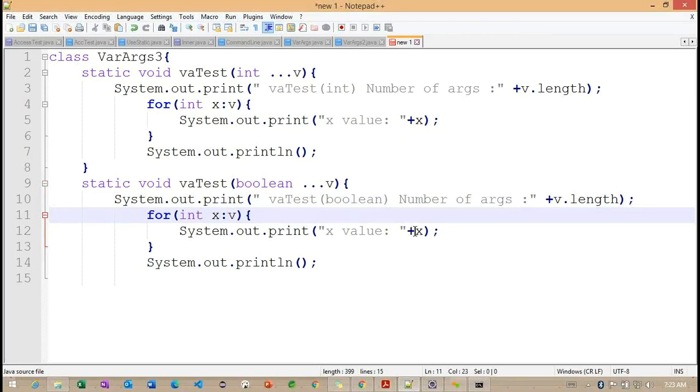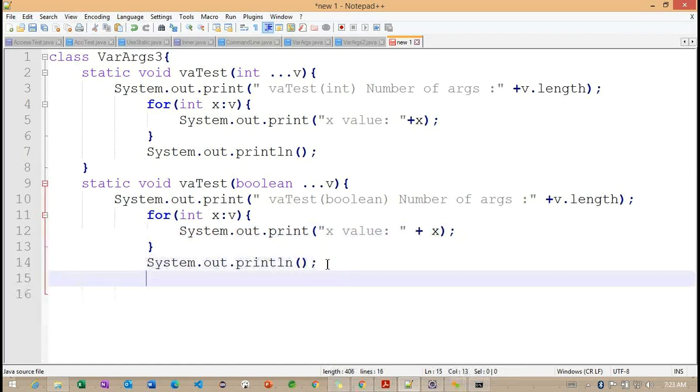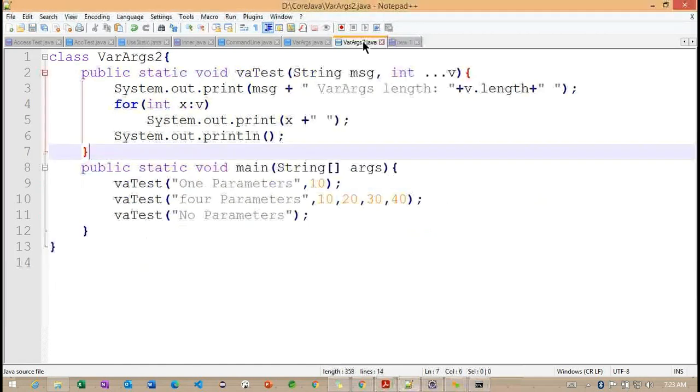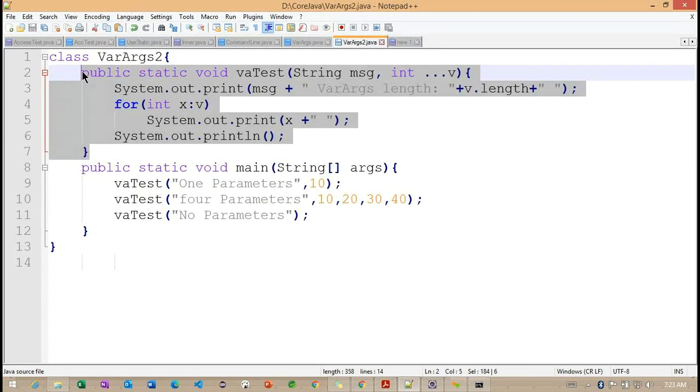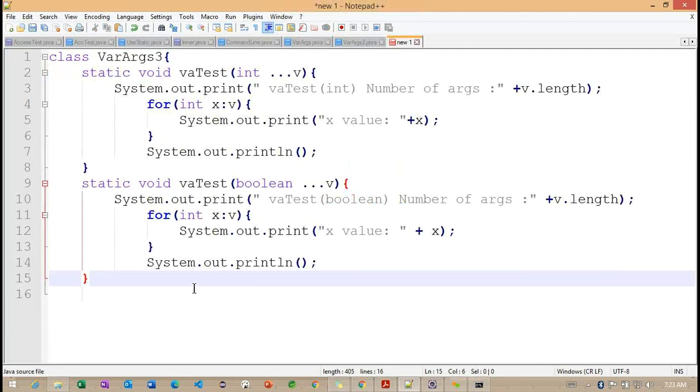We'll try to print these particular values here. Right. So now let me close this particular method, and after this, I want to check with our main method here. So before checking with the main method, let me copy this method also.